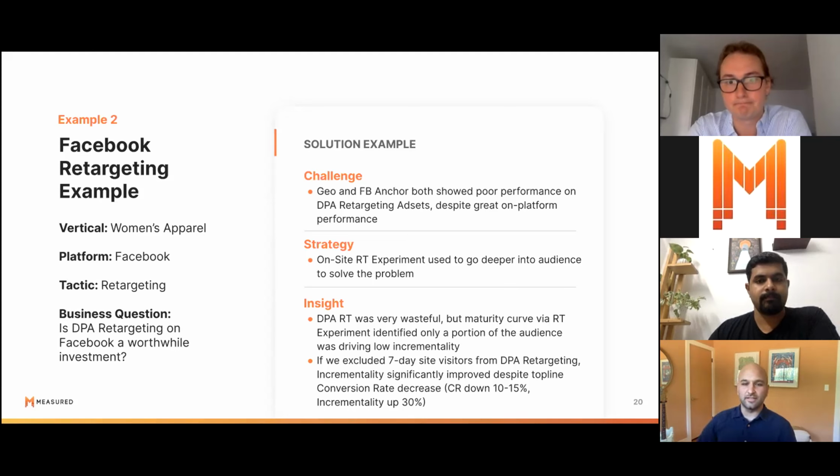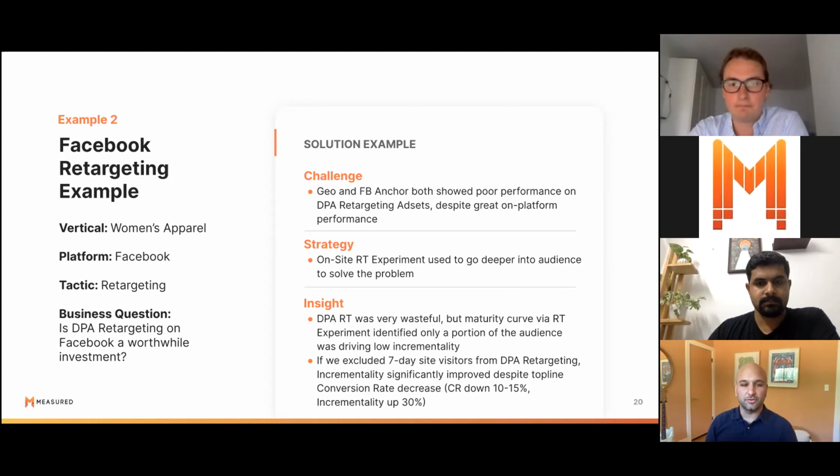Yeah, no, that's a great example. I think it highlights a few points you stated there, which is one, sometimes one test is not enough. And this is why building that culture of continuously testing is really important, because you run a few tests and the results may be conclusive, or statistically significant, but still misleading in certain ways due to the nature of the test. So sometimes you need to go a little more granular. In this case, the retargeting test, where we're able to split out the audience cohorts into those recency groups and find where the numbers were actually diverging.